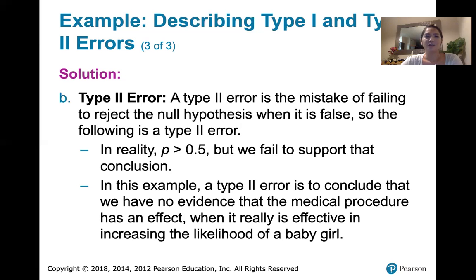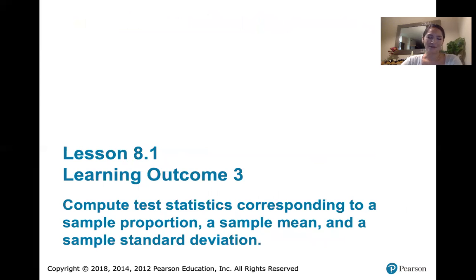here we are concluding that we have no evidence that the medical procedure has an effect. There is no evidence from our study because the value of p hat that we got was not significantly different from p equals 0.5. It was sort of typical. But if that data suggests that p might be equal to 0.5, but actually this procedure is effective, that's type 2 error. So I hope that helps you make sense of type 1 and type 2 error and understand that